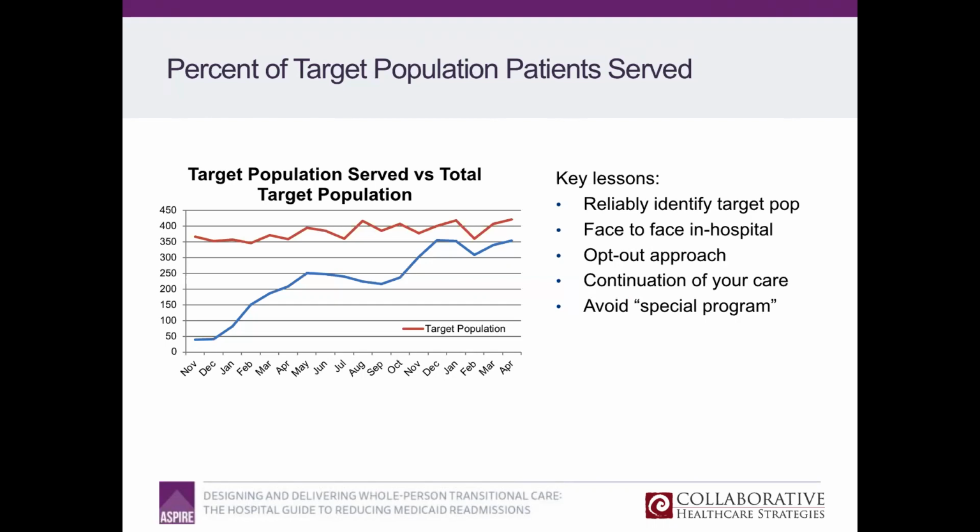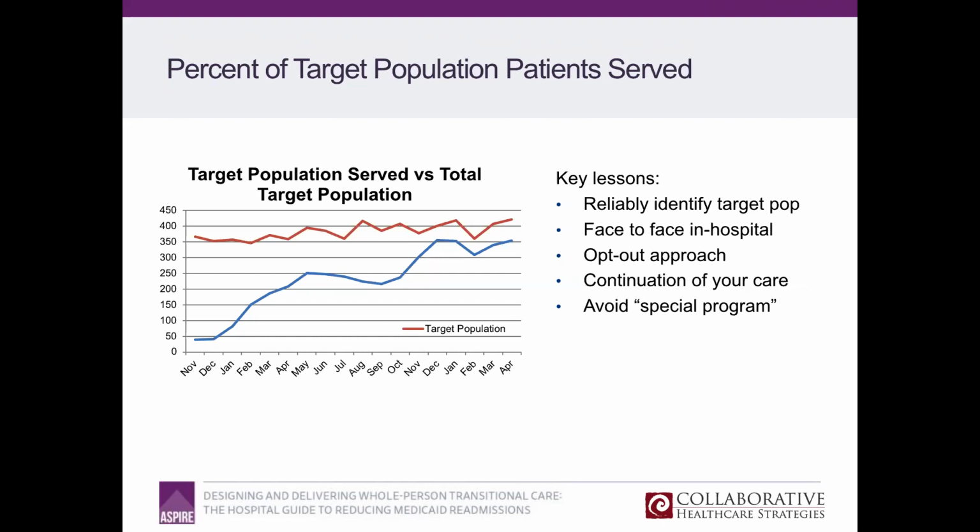So some of you said we're serving Medicare pneumonia. Our aim statement is to reduce Medicare pneumonia readmissions. So in this case, on this slide, the red line would be all of your Medicare pneumonia discharges, and the blue line would be all of the Medicare pneumonia patients that you actually served. And served is in quotes, whatever you define served to be.